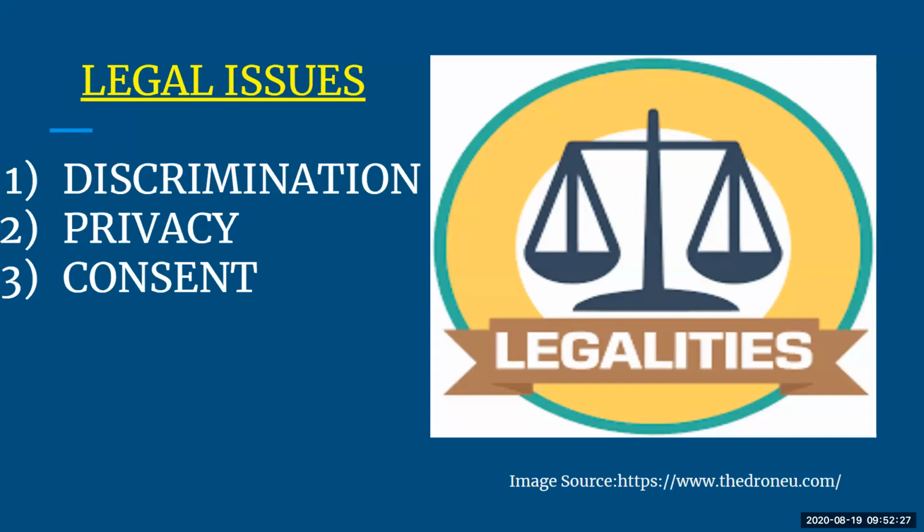So the very first is discrimination. In short, when I talk about discrimination, it refers to the data which is collected from your IoT devices, which will always be used by different third party apps, and they are discriminating the data, or dividing the data with respect to 3 categories, that is age, race or gender.